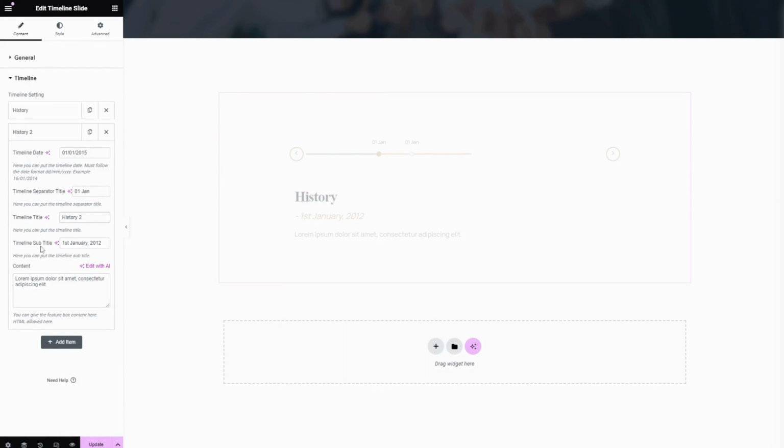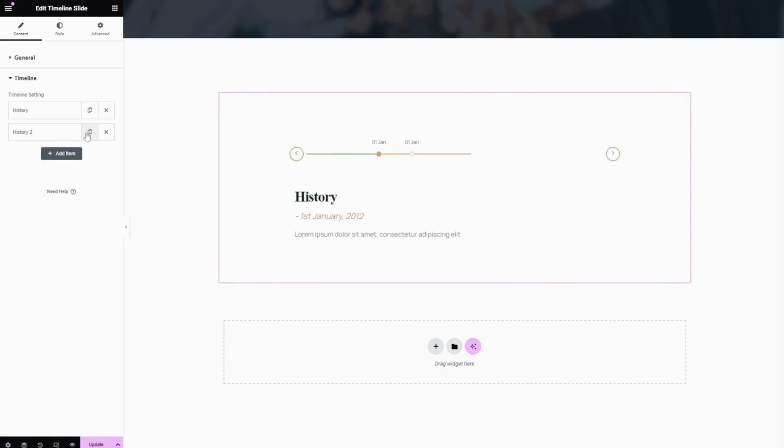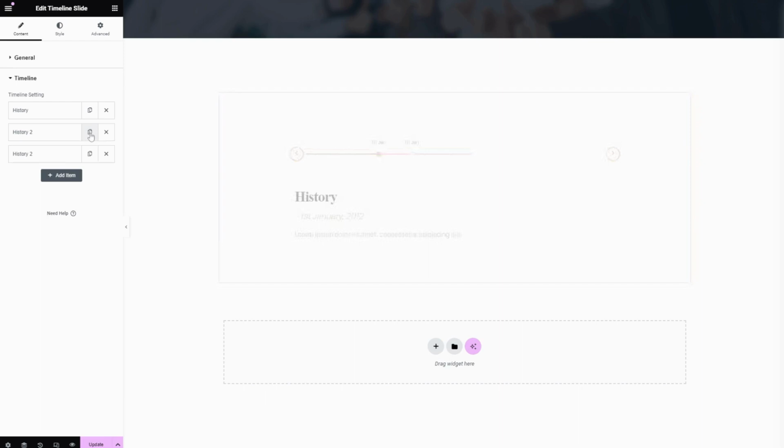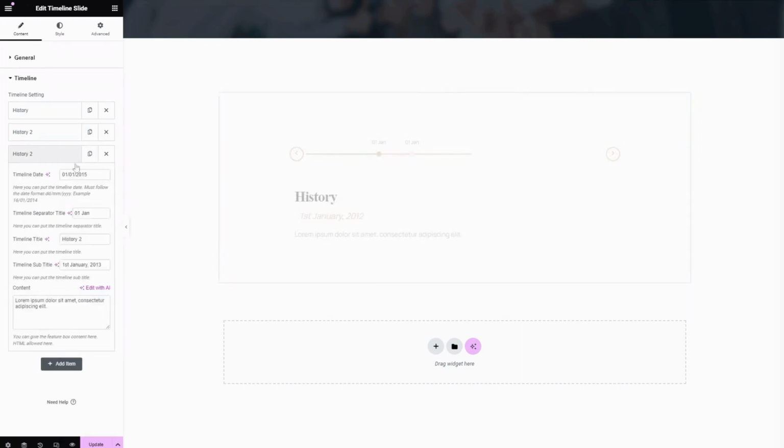and this option for timeline subtitle. Enter your preferred title here, and here you can enter your content of the history too. Let's duplicate and change the timeline date here, and here you can change the separator title,